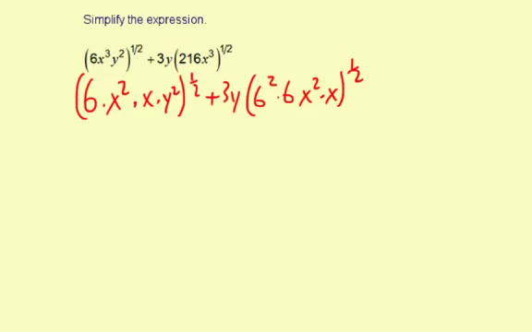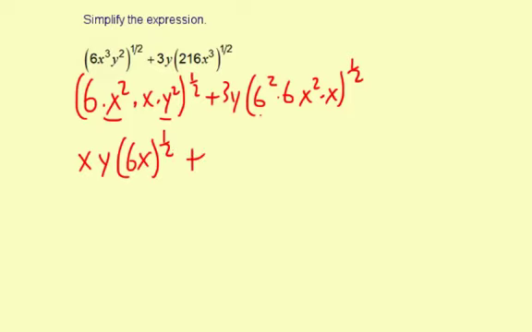So now the perfect squares are going to be taken out of the parentheses with the 1/2 power. So the x squared is going to come out and the y squared is going to come out. So it's going to be x, y, and then in parentheses is going to be 6x still, and then to the 1/2 power,